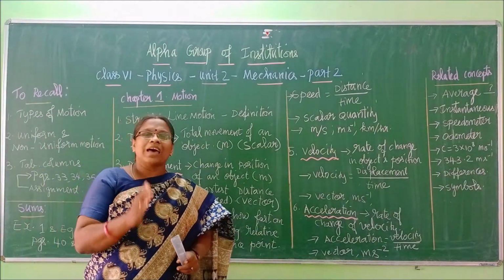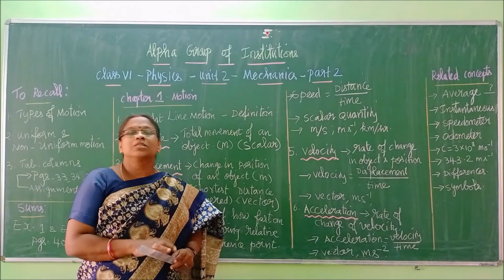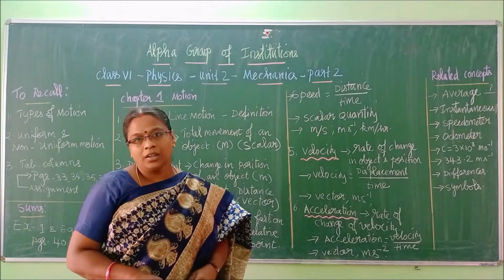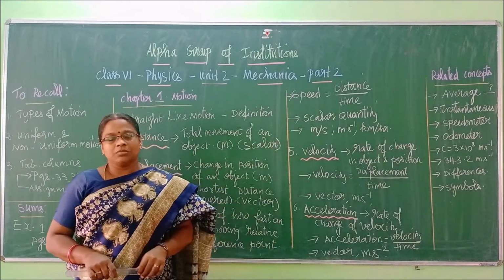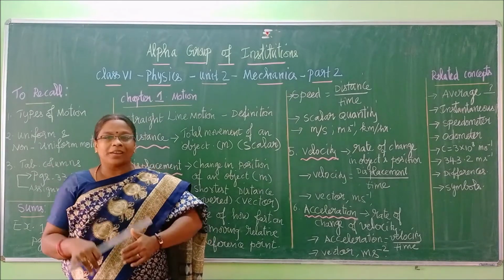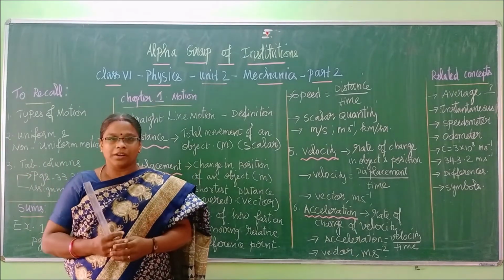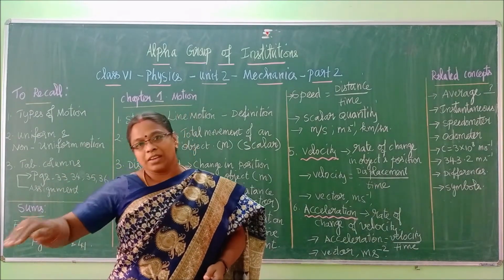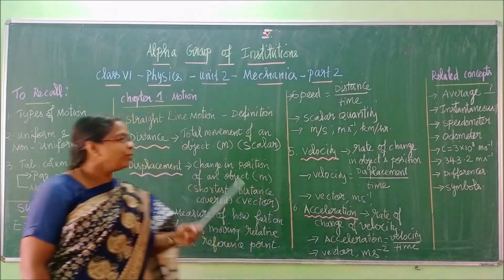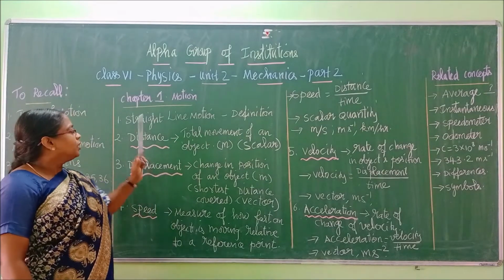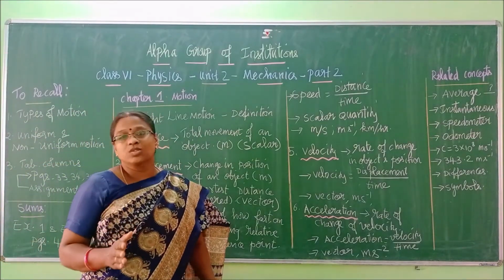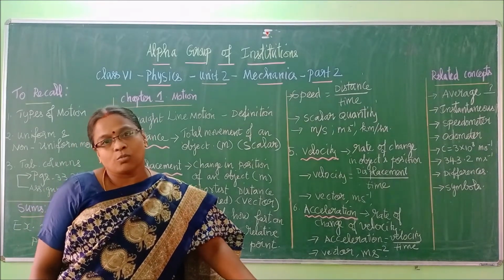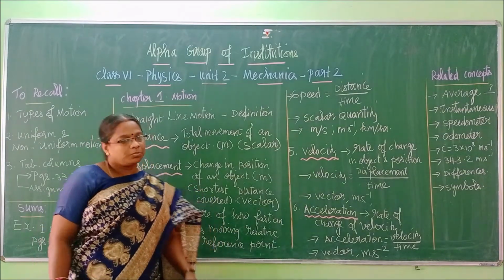If an object travels in a straight line with respect to an observer, I will give an example now. If you are standing in a railway station, when the train is entering the station, with respect to you standing on the platform and observing it, the train will travel in a straight line. So that can be an example for straight line motion. What is the general definition? If any object travels in a straight direction with respect to the observer, that type of motion is called straight line motion.